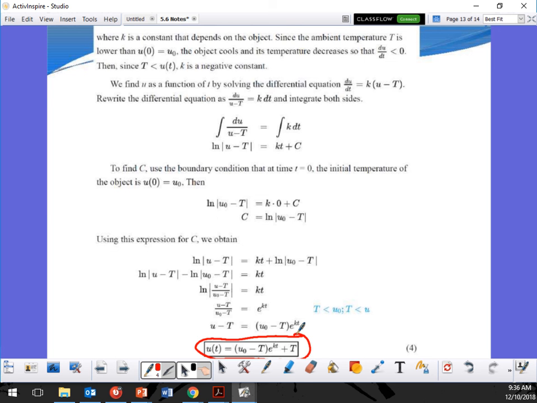That's the work for it, so you guys could actually see where it's going to be. Yes, it comes out to that, where u sub naught is the